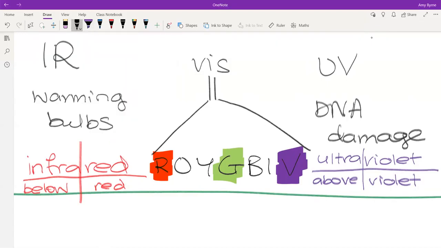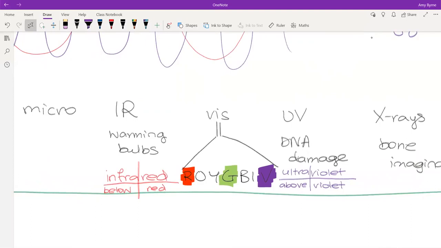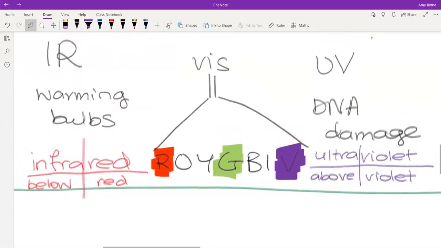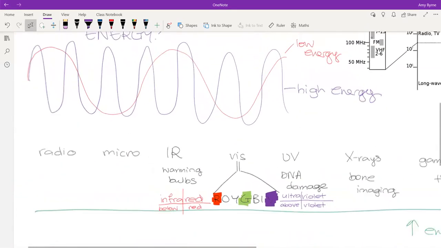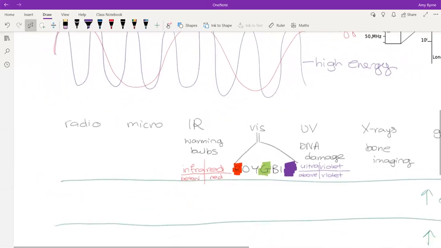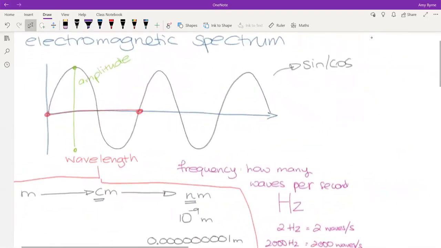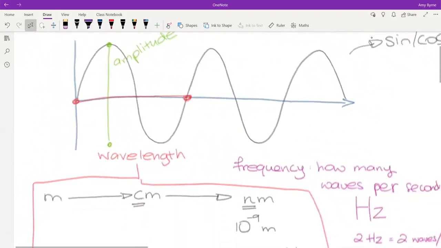So that's my rainbow. And for reasons that we will talk about later, when the rainbow forms, there is always one colour that bends more than the others. The rainbows always form with the same colour down the bottom of the curve rather than at the top of the curve. So that is a quick little nutshell introduction to how we measure waves,